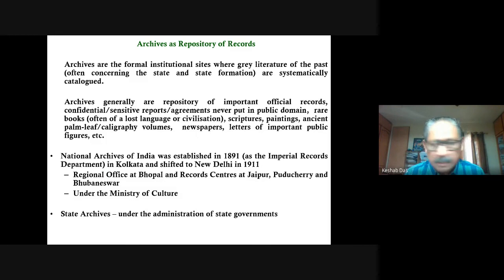This is again, I will not take much time. There is another major source which economists very often do not know or talk about, which is this whole place called archives. Abhilekhagaro, which you see in Bhubaneswar. So it's there in different states. There is a central archives as well. They contain a lot of information about